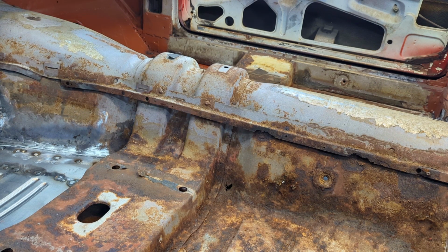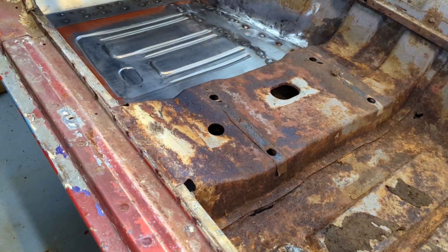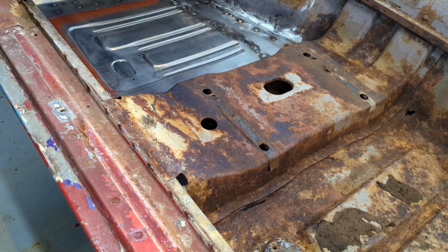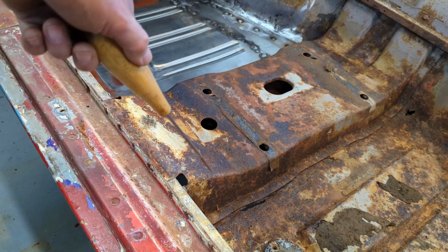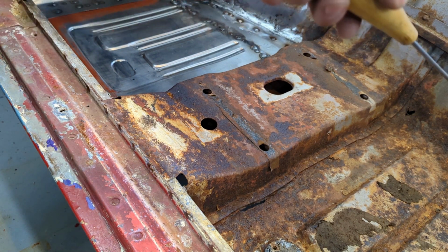First part is, though, we need to reveal these spot welds. So I'm going to get my fiber grinding discs out on the air grinder. And I'm going to go over these flanges and see what we can show. I'm not going to worry about the front because it's all rusted away. It's gone. I'll probably have to go underneath and cut